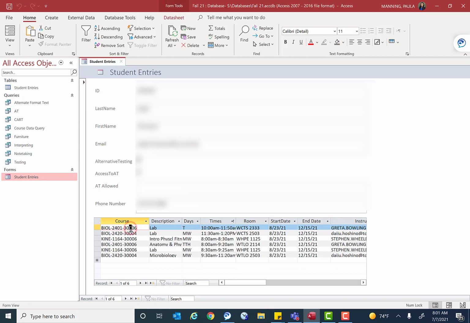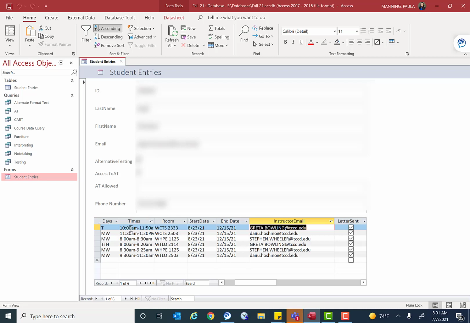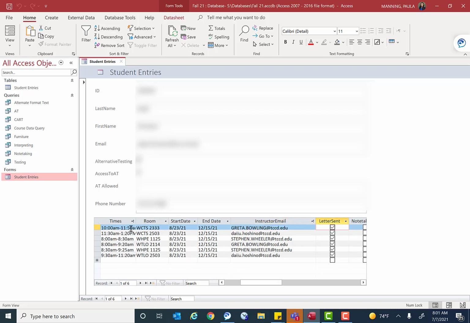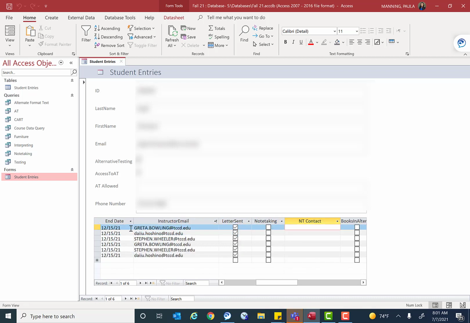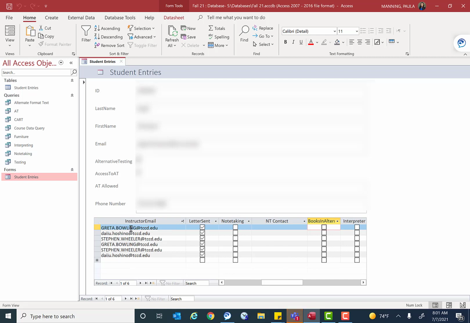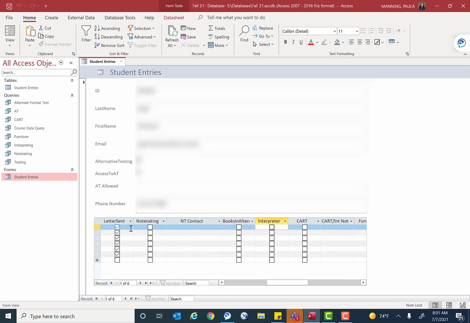course information. So you have the course name, the description, what days they meet, what times they meet, the room they meet in, the course start and end date, the instructor's email, whether the letters of accommodations have already been sent to the student, if the student is approved for note-taking for that class, what is the note-taking contact, if the student is approved for books in alternative format for that class, if the student is approved for an interpreter for that class, if a student is approved for CART for that class, any notes for CART and interpreting,